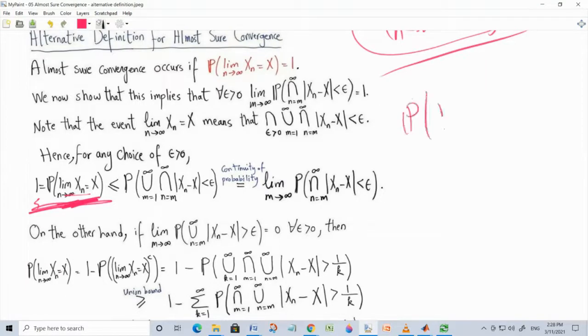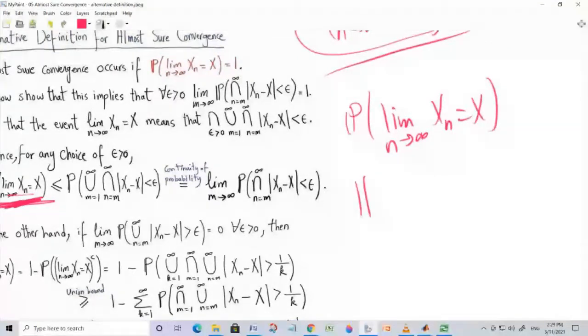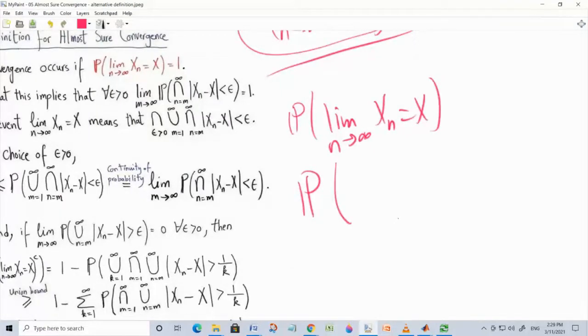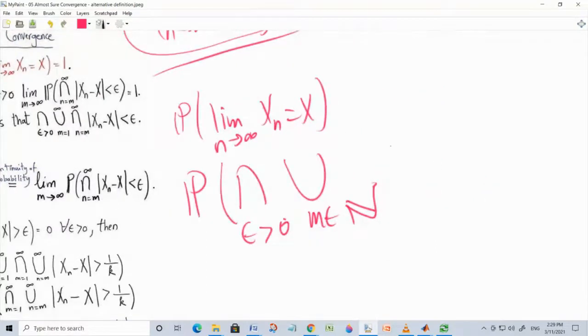So this thing, limit n tends to infinity of xn is equal to x, is a review of when you studied limits, perhaps even in high school. What is the definition of the limit? Okay, for every epsilon greater than 0, there exists some natural number m, such that for every small n greater than or equal to m,